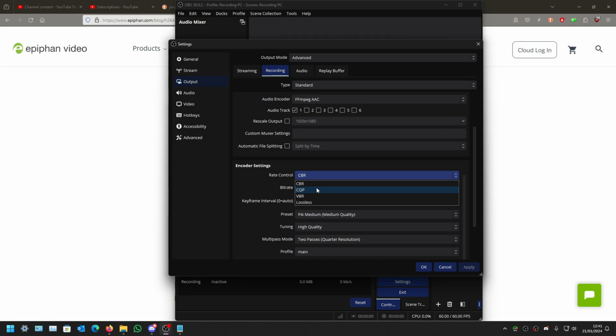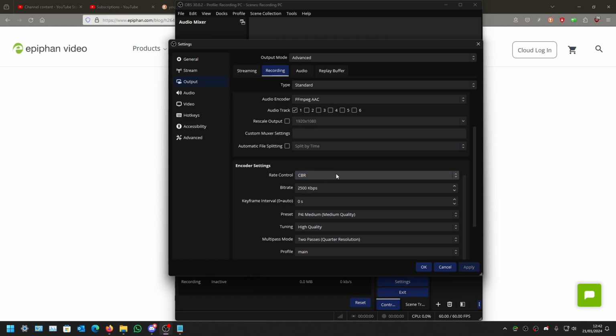But if you run a game like Crysis 3, when I did on my channel, using CQP was a bad idea for the simple reason a 2-hour recording of Crysis 3 would end up being in the range of 200 gigabytes for 2 hours. And that is just a really difficult video file to put into video editing software. So for this reason, the things that I'd recommend is either CBR, which is a constant bitrate, or VBR, variable